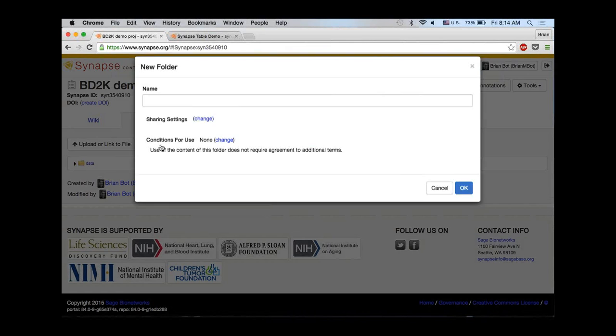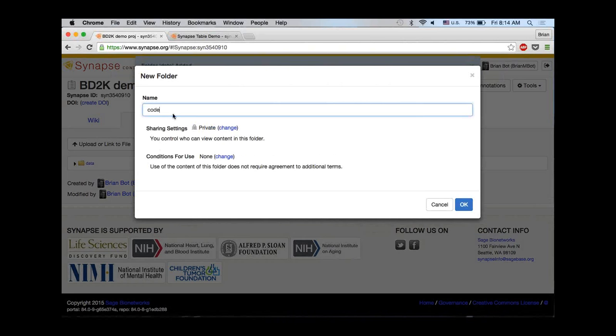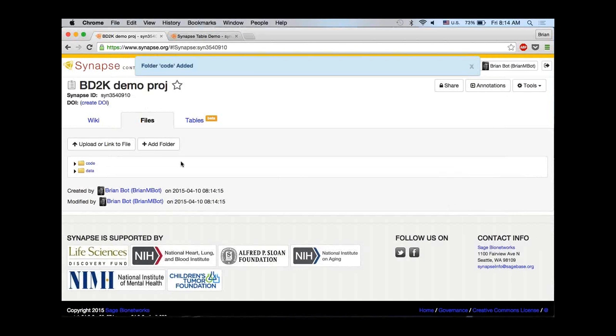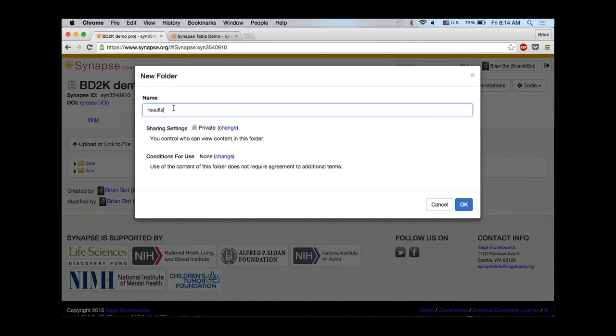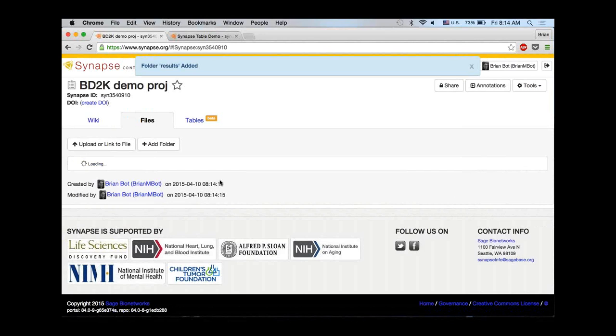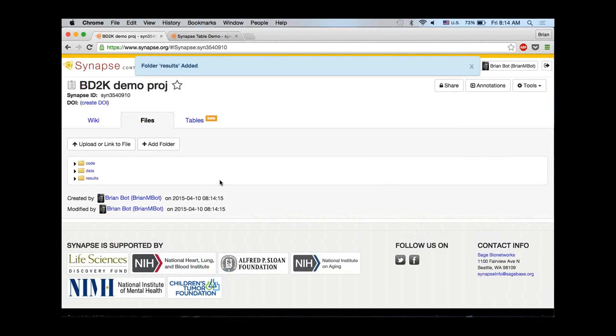So I can have a data folder, a code folder, and maybe a results folder, just like you would on your local hard drive. Importantly, any resource within the system has a unique identifier, and that identifier allows you to access that resource